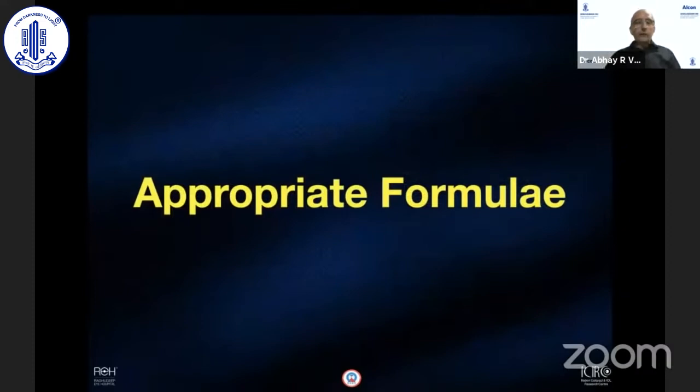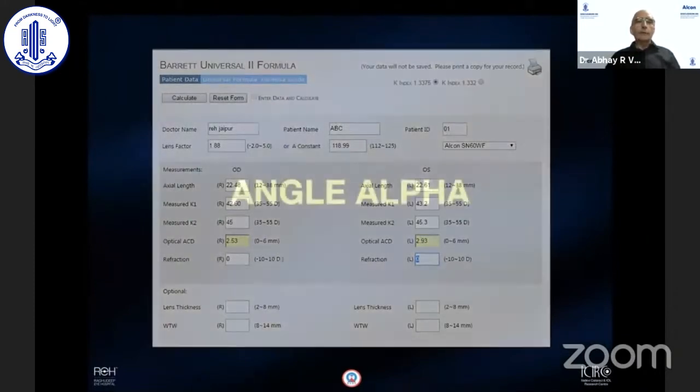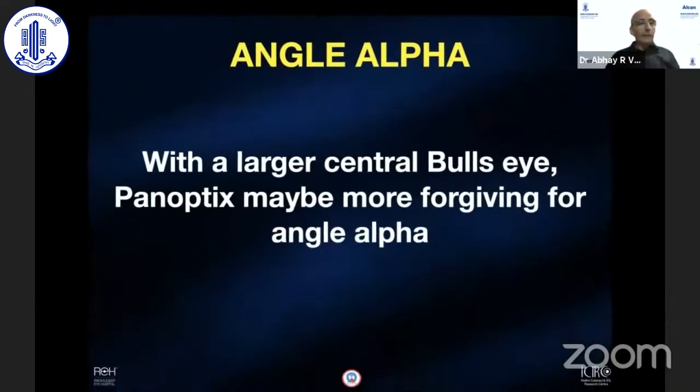So be careful, pay attention to the details, use the appropriate formula. You can have a Haigis formula. We like Barrett Universal 2, and we use other modifications of Barrett as well in some other situations. Angle alpha is a concern in all diffractive and multifocality situations, but the good news is, I believe, this is